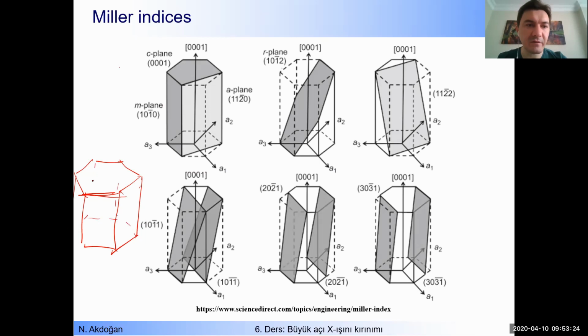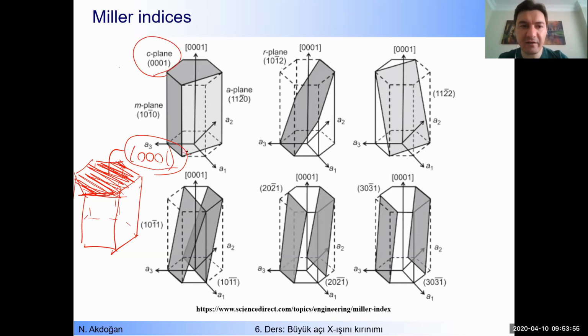So you can see, consider that this is a hexagonal crystal. So this surface is given by that name. It cuts the z-axis only. So the name of that surface, this is the direction along the z-axis. If the crystal grows like this, it is called the C-plane, okay? The A-plane shows us that surface, a very common surface of hexagonal crystals when you grow them by using thin-film preparation